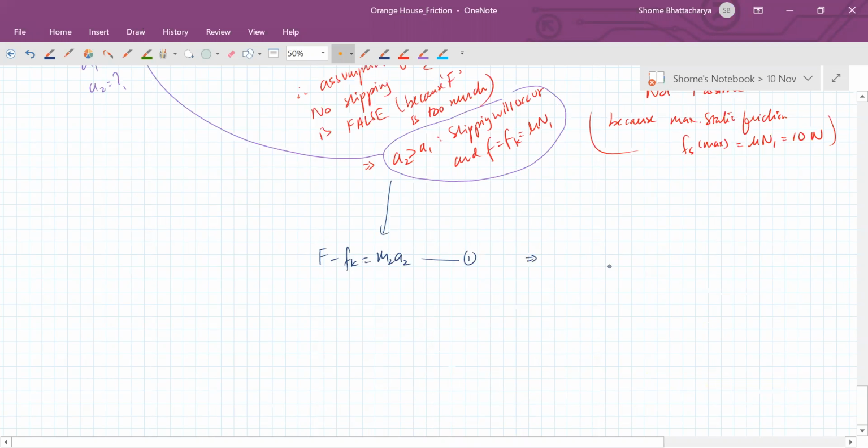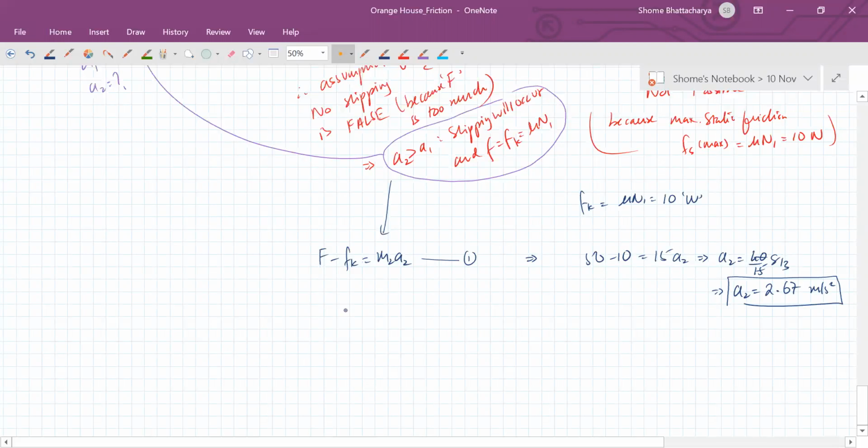Okay. So kinetic friction, remember, will be this mu N1. So that will be 10 newtons. So 50 minus 10 will be equal to 15 A2. So our A2 is becoming 40 by 15 or 8 by 3, or as you correctly said, A2 is 2.67 meters per second square,